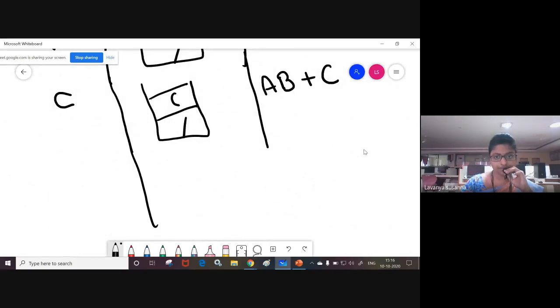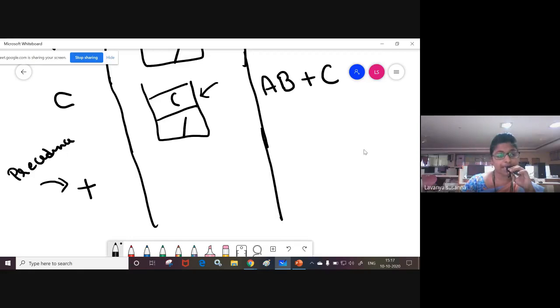Okay, see here, plus. If you got operator, what you need to do? You need to compare the precedence of the scanned symbol with the precedence of the topmost symbol. See the arrow mark, students? What is the topmost element? Open bracket. If you got open bracket, don't compare anything, just push it.